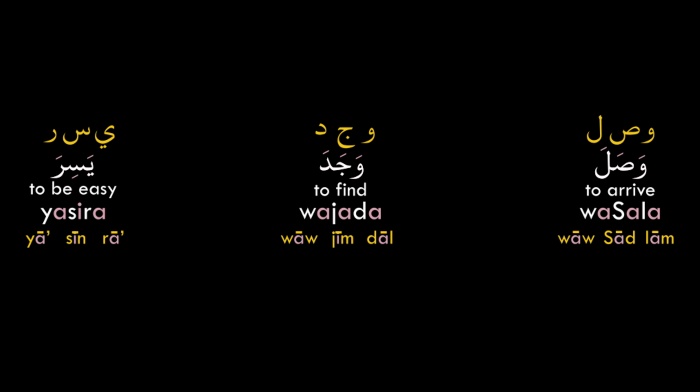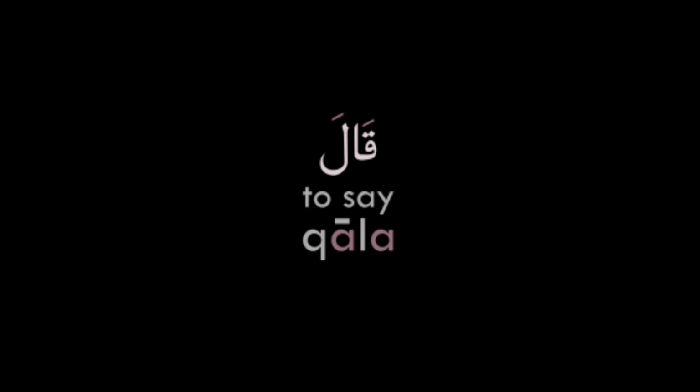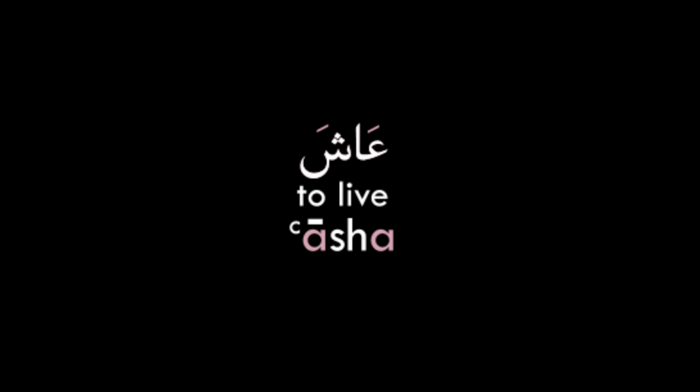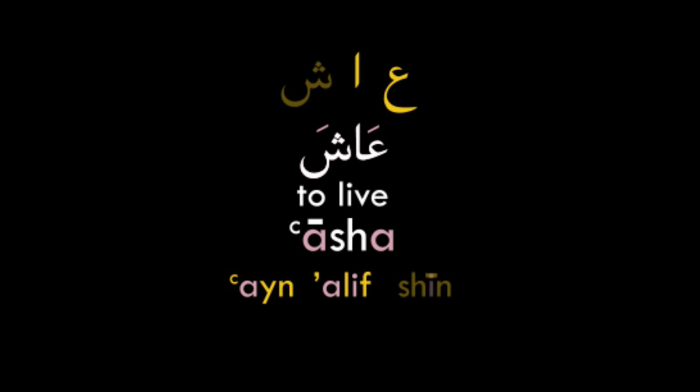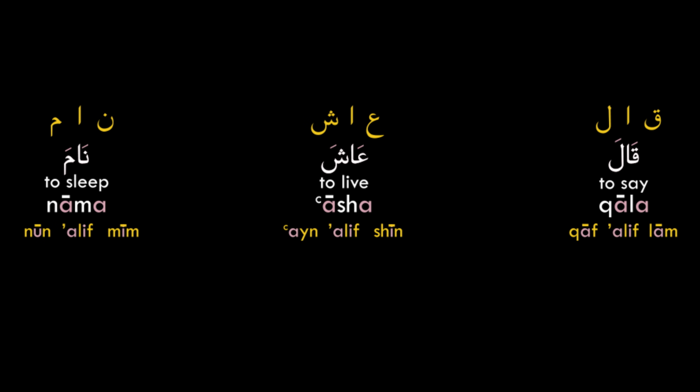We call this type of verbs assimilated verb roots, or الفعل المثال. The fifth type is where the second root is a weak letter, mostly alif, like قال. The root letters are qaf, alif and lam, or عاش. The root letters are ayn, alif and shin, or نام. The root letters are nun, alif and mim. Here we have alif as a second letter, and we call this type of verbs hollow verb roots,